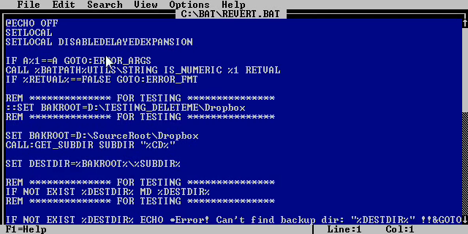So if I specify some number here, it's going to say that the destination is the number I've chosen. The root folder, which is this, and subdir,